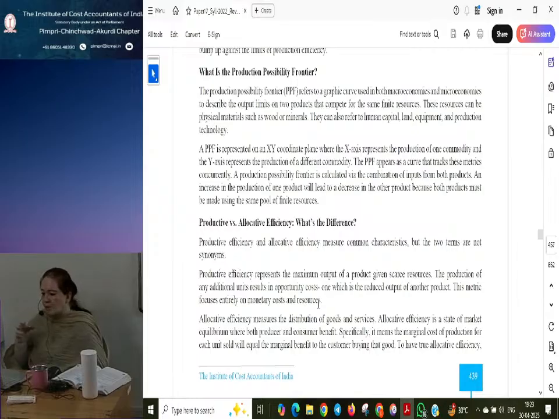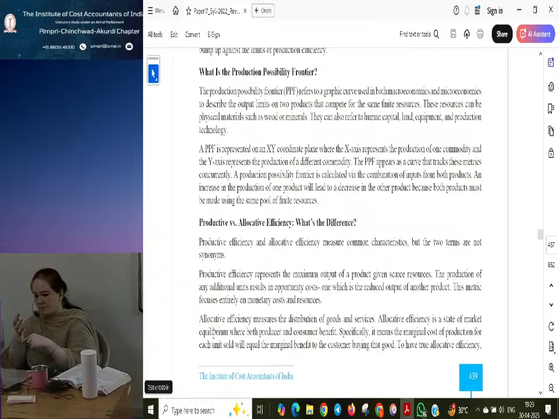So what happened? The production of any additional unit results in opportunity cost, which is reduced output of another product. This metric focuses entirely on monetary cost and resources. But allocative efficiency means the distribution of goods and services. This doesn't talk about the production, this talks about distribution of goods and services. So allocative efficiency is a state of market equilibrium where both producer and the consumer benefit out